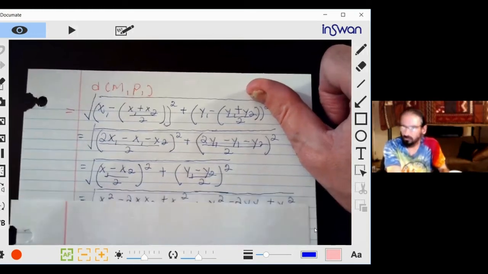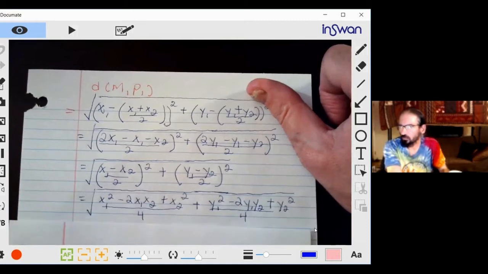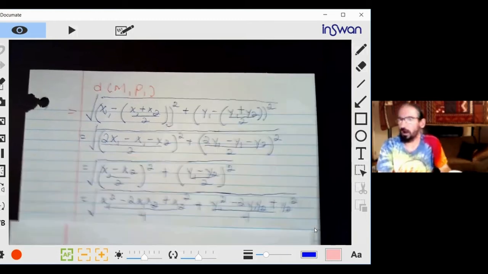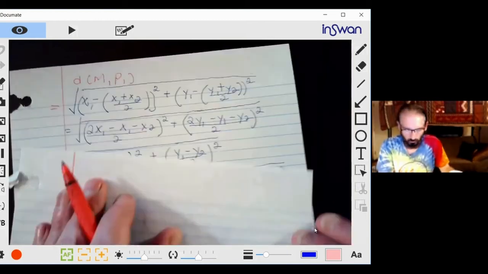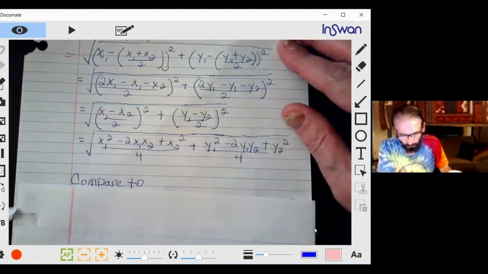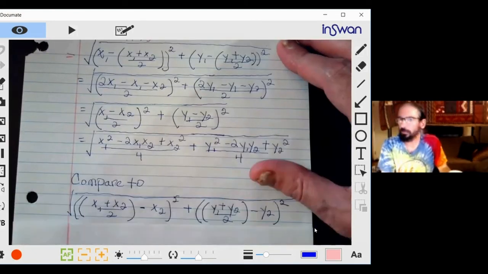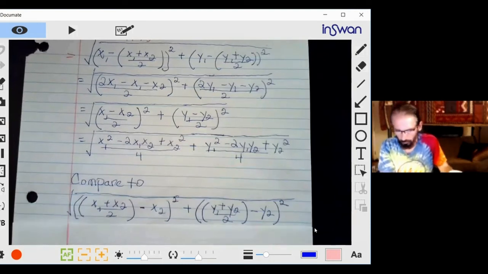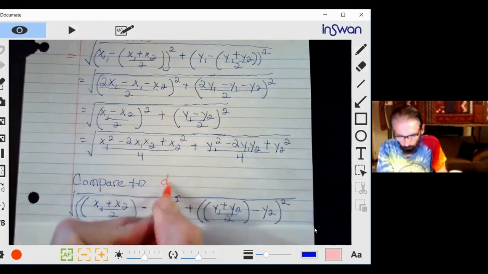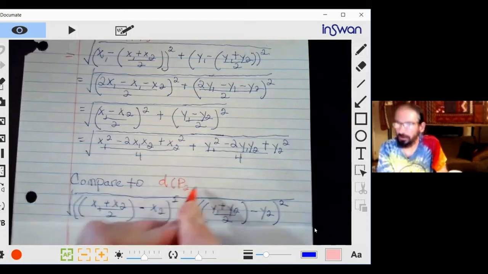However, I did start to square things out, square the 2 in the denominator and square the binomials in the numerator each. Turns out we don't even have to go that far, because now if we take a look at the distance between point 2 and M,